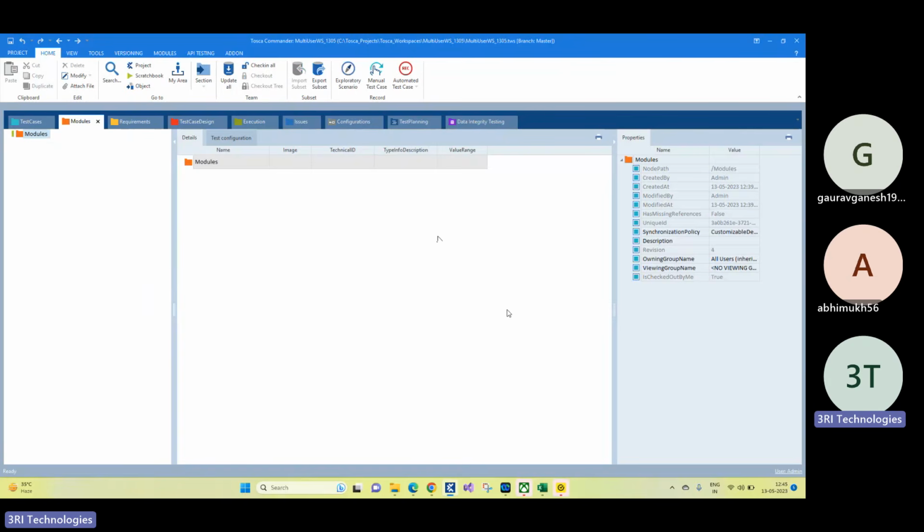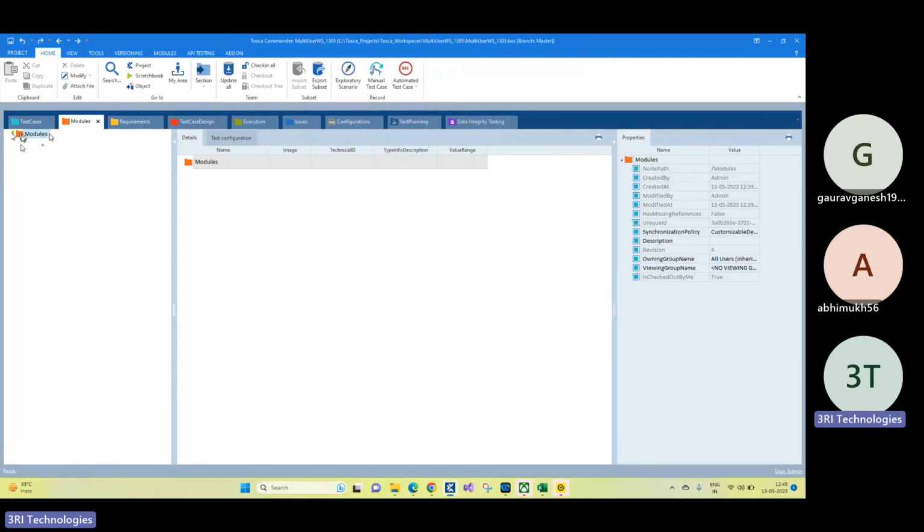I have two more users, and you are also trying to access the same workspace. If I do checkout at module level, if I see the green color candle here, you will not be able to create anything on it, or you will not be able to work on this folder. In short, now it is locked by me because I'm currently working on it.